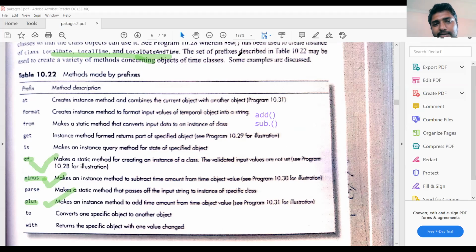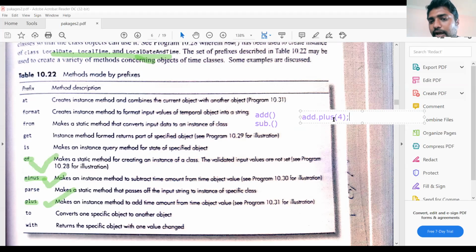For this method, I can include the prefix, add dot plus 4. It means for this output, add the 4. For addition of two numbers, 5 plus 5, I got the 10.